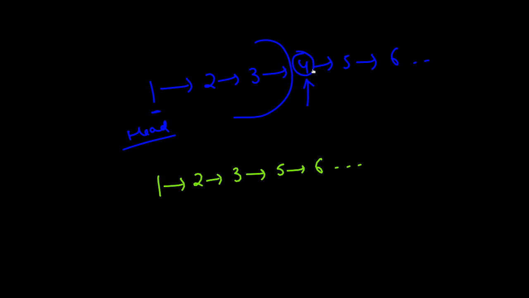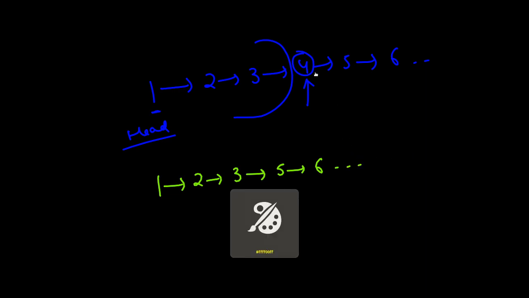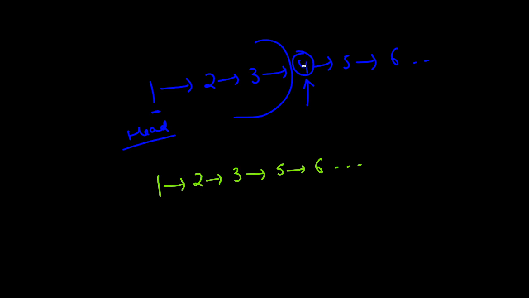So how do we perform the deletion? The node that they have given is not the tail node. So for example, they won't give you something like 1, 2, and tell you to delete 2. This is not what they are doing. They may tell you to delete 1, but not 2 for sure. So how do we actually utilize this? So just think about it. Pause the video right now. Think about it. After that, I'll explain the solution.